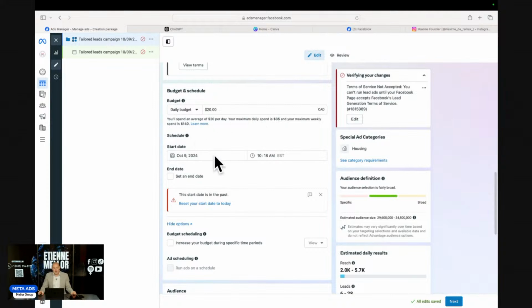Budget and schedule, very important. Here it gets fun. This is the most exciting part for me: if you change the daily budget. Here you have a $20 daily budget. And you see here,